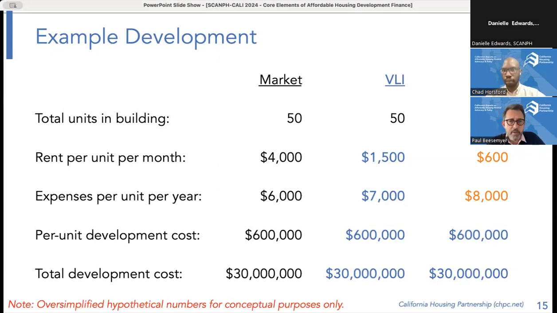And just to take the example one step further, if we are making all of our 50 units available to extremely low income households, those who are at 30% or less of the area median income, well, the affordable rent for them is only $600 per unit per month. And because it's a very deeply affordable project, we probably have higher service costs, more services staff to help folks stay successfully housed. So we're making a whole lot less in revenue, just purely dollars and cents. There's a lot less revenue, expenses are higher, and yet it costs us virtually the same to build it. So let's go to the next slide.